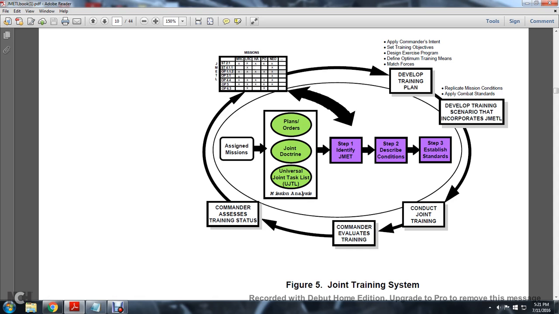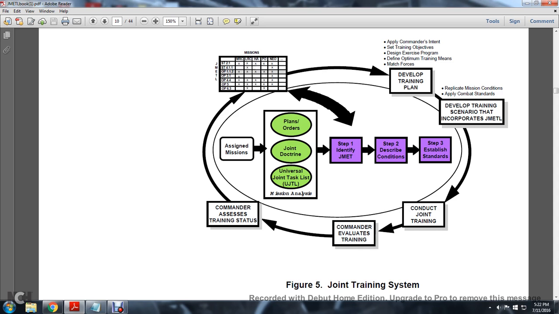You have your mission going around the outside of the circle of developing a training plan: applying the commander's intent, setting the training objectives, deciding the exercise program, defining optimal training means and matching forces. Develop a training scenario that incorporates the joint mission essential task list, replicate the mission conditions applicable to the combat standards, conduct the joint training, the commander evaluates the training, and the commander assesses the training situation and goes back to the missions block, which goes